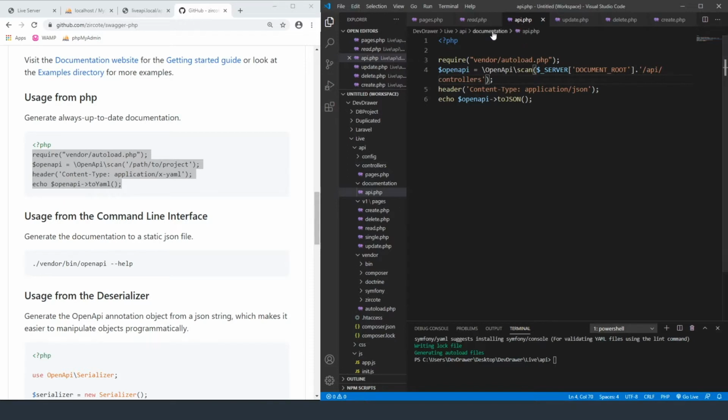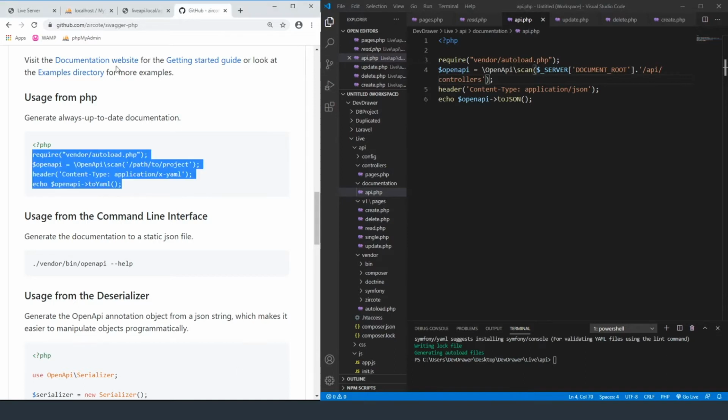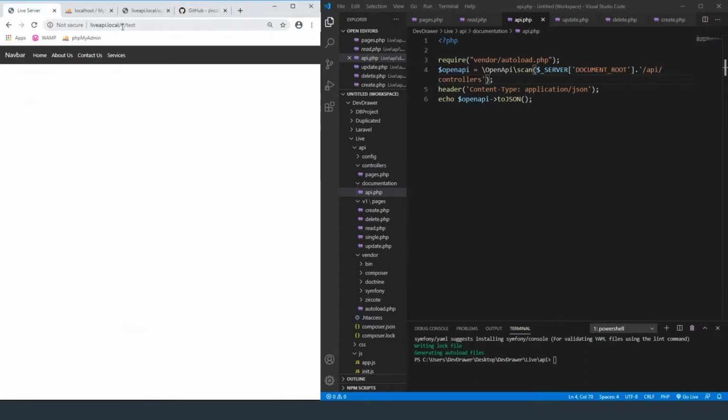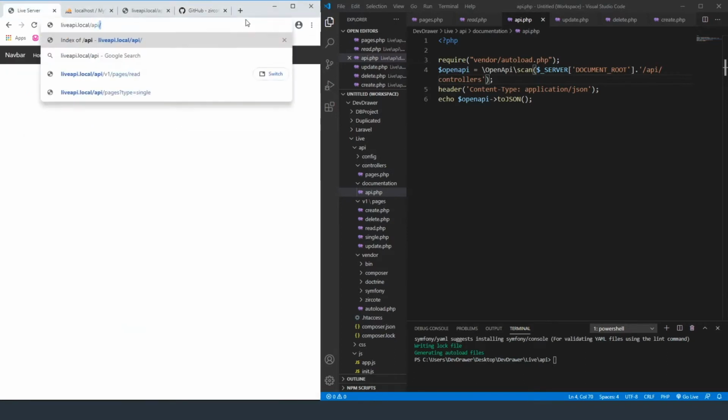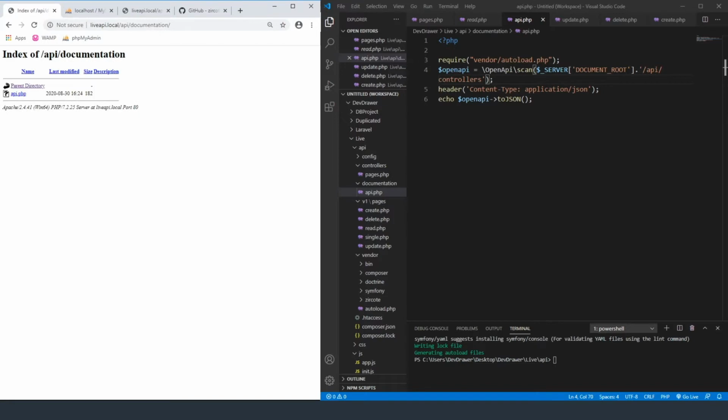So now if we go to our API/documentation/API, then it should produce the JSON file that we want. So let me make sure that y'all can see the screen. Alright, so let's go over here and we're going to do /API/documentation, and